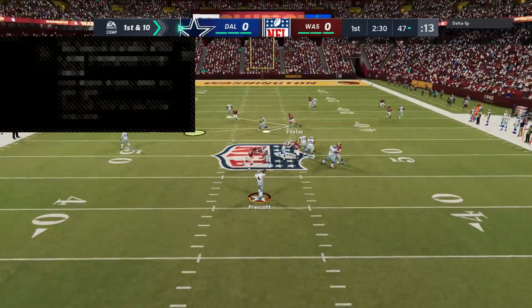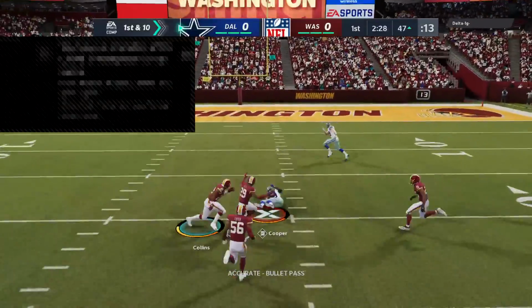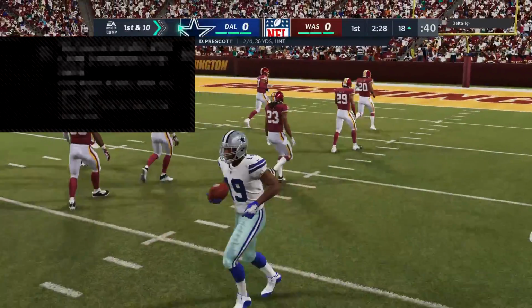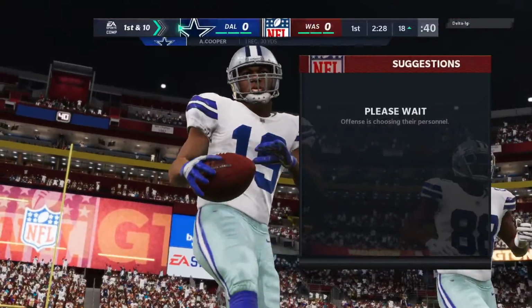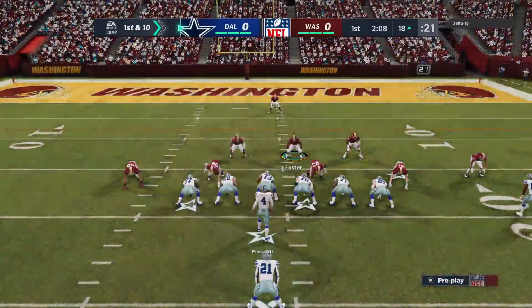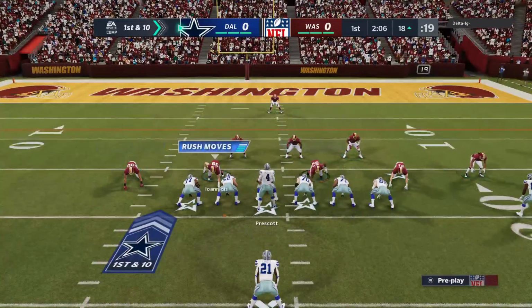First down, Prescott. He's got a man complete. It's Amari Cooper. And they'll wind up getting this one all the way down inside the 20. A gain of 30 yards there. So from inside the 20, here's 1st and 10 at the